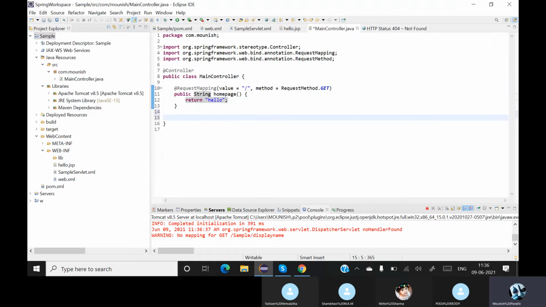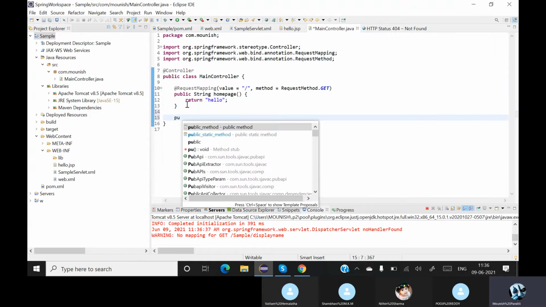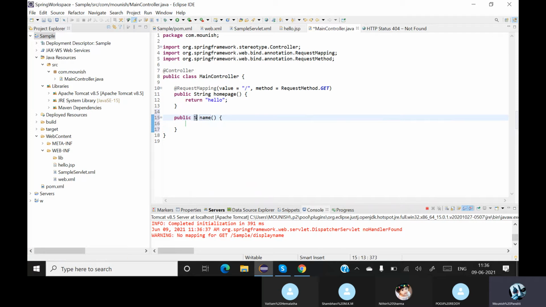So here, let me create a public method where it will be returning me a string, and let the name be display name method, and this is returning me, let the file also be display name, or let me keep it as display.